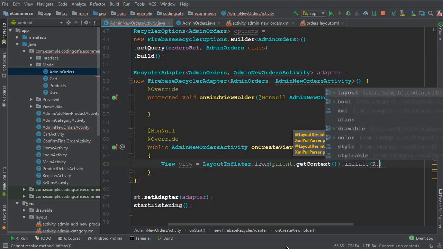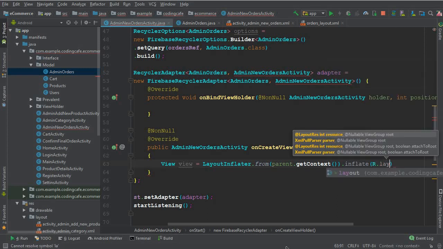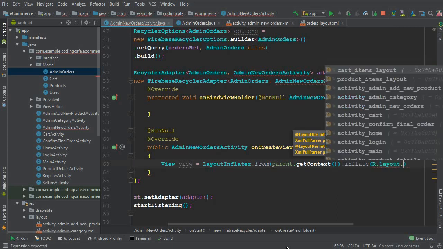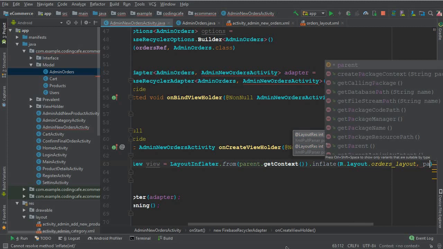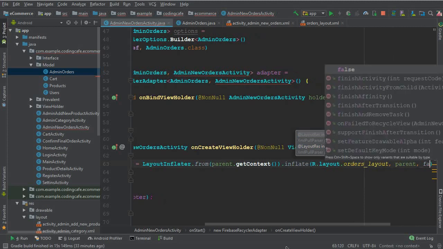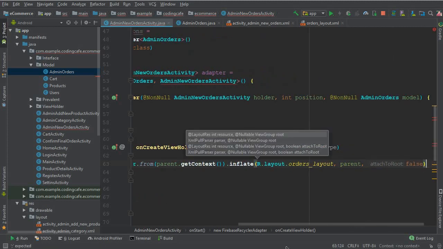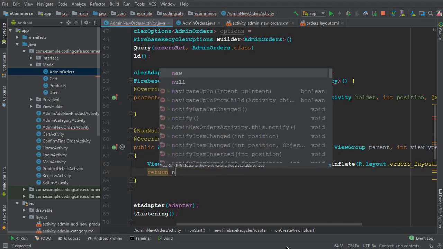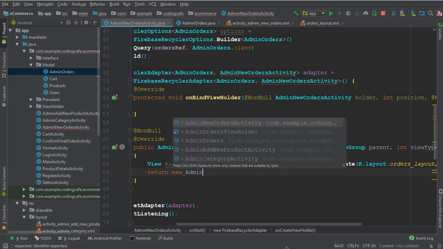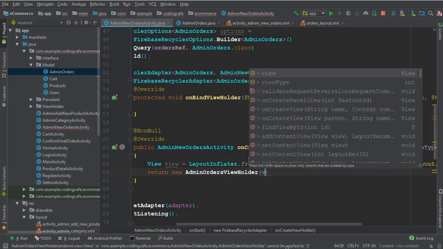Here we need to access our layout, so we can say layout dot orders layout comma parent comma false. Make sure to put semicolon here. Now we must return new AdminOrdersViewHolder, pass the view to it,